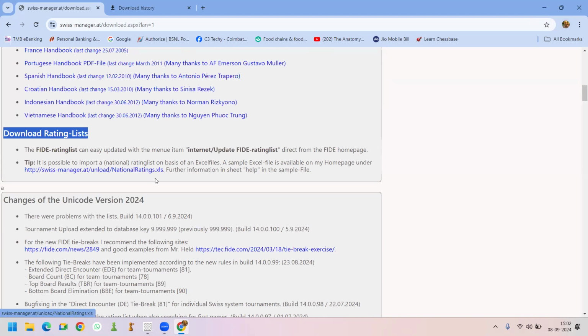Once this is downloaded, I don't have any options right now. There's no MS Office package over here. So what I have done is,